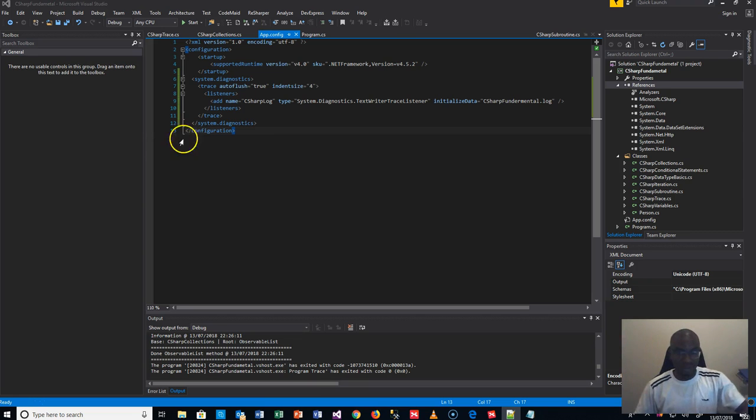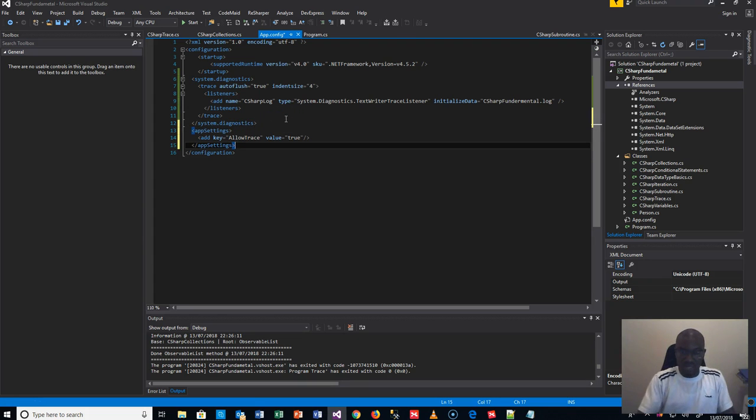I'll just come in here and paste app settings. What I have is an app settings. You can add more app settings here, depending on what you want to do, and there's a key and a value. It depends on what you want to do, but in my case, I am handling